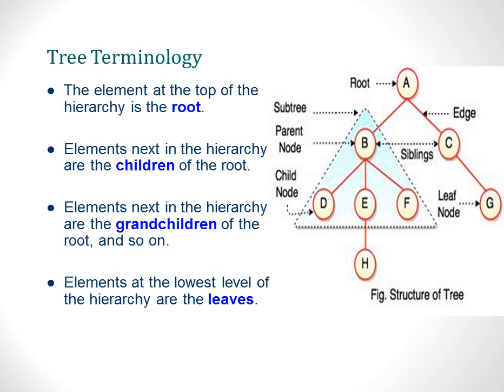The root is always at the top of the tree and so it is in level 0. And B and C are at level 1. The elements at the lowest level of the hierarchy or a tree are the leaf nodes. The height of any tree is the maximum level of a tree. For example, if a tree has 3 levels, the height of a tree is 3. If a tree has 5 levels, the height of a tree is obviously 5.